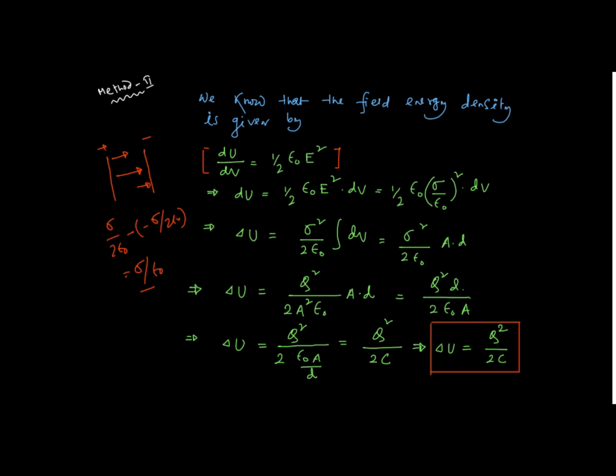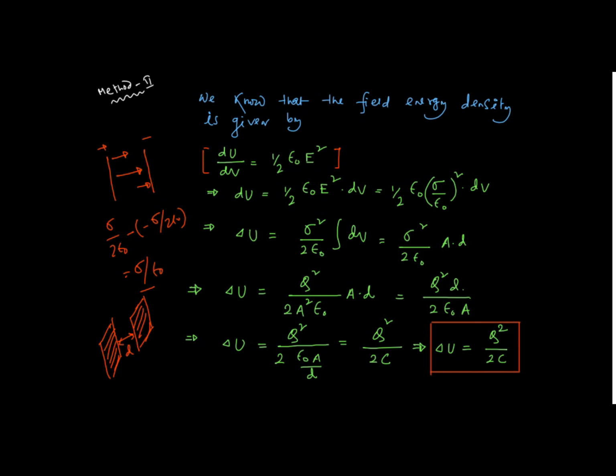Now volume means what? Surface area of the plate times separation. If the plates are arranged like this, simply think, the facing area is A and the separation between them is d. So there will be a cubical volume which will come as A into d. So delta U is equal to, if I substitute the value of sigma, it becomes this. Again after rearrangement, delta U, you are getting Q square by 2C. It is the same result we are getting. So whether you follow the previous approach or this approach, your result is going to remain same.